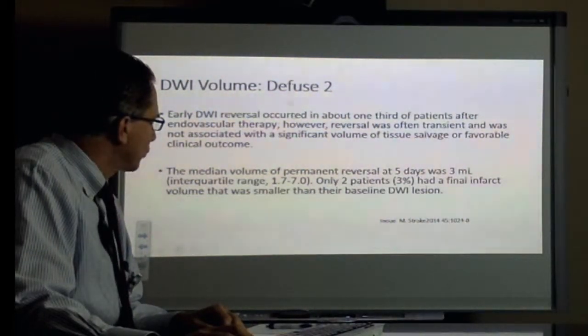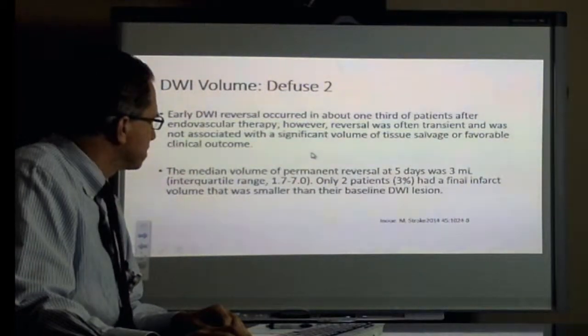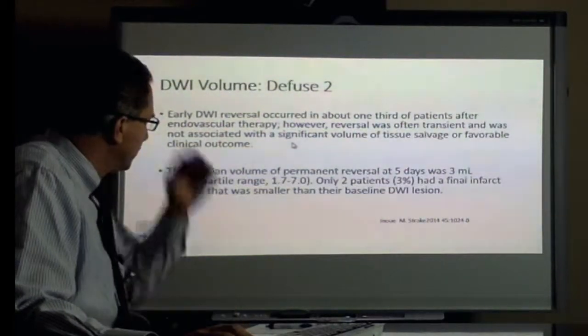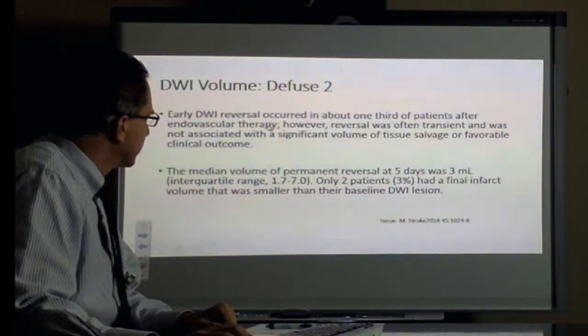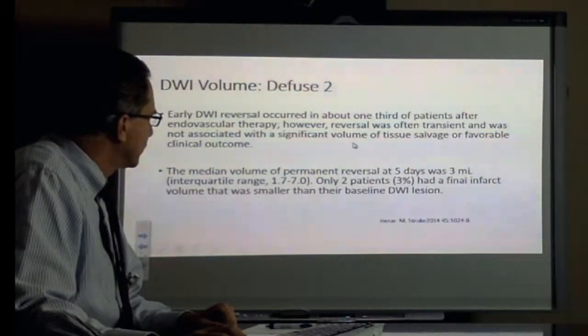The DIFFUSE 2 trial was a trial that looked at thrombectomy in patients with stroke, and I think all patients underwent an MRI prior to the procedure. Early DWI reversal occurred in about 1/3 of patients after endovascular therapy. However, it was often transient, and it wasn't associated with a significant volume of tissue salvage